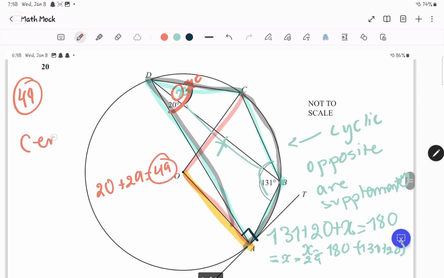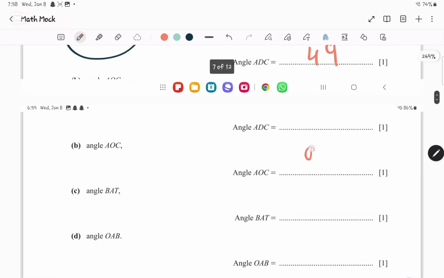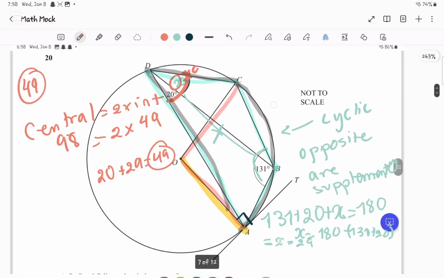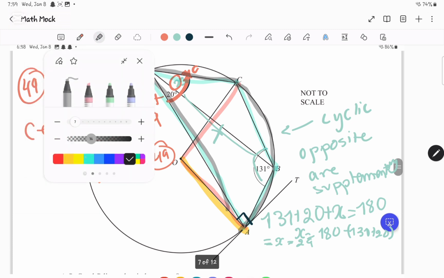We know that central is equal to 2 times interior. So if the interior is 49, that means central is 2 times 49, which then gives us an angle of 98. So we found part B, which is 98 degrees. Now angle BAT. So angle BAT, I will highlight it and let us go with